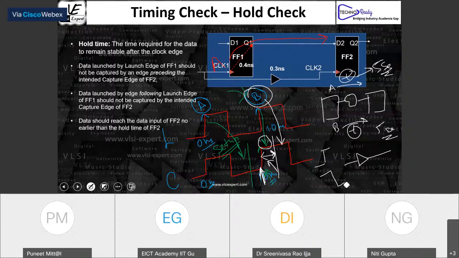And we know very well that for rising and falling there are chances of two different delays. For example, for rising it is giving you 5.1 nanosecond, and for falling it is giving you 5.5 nanosecond.